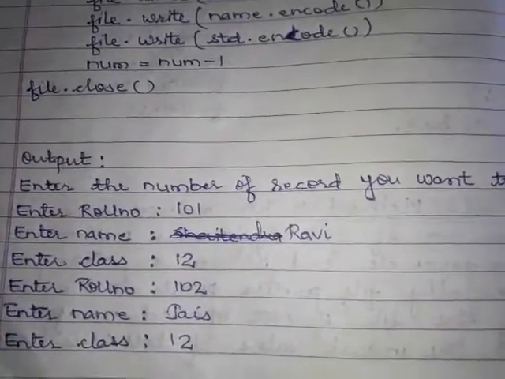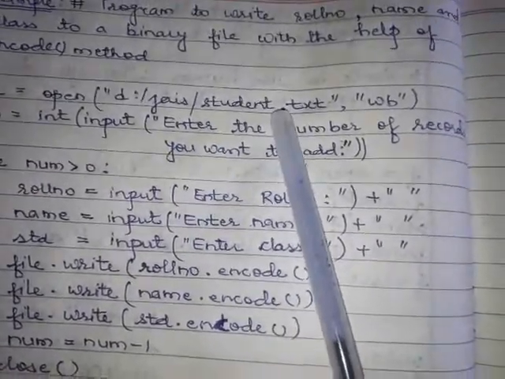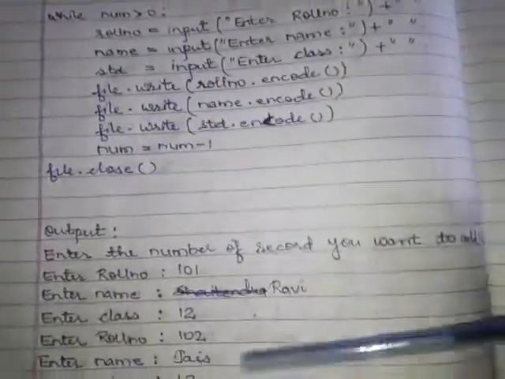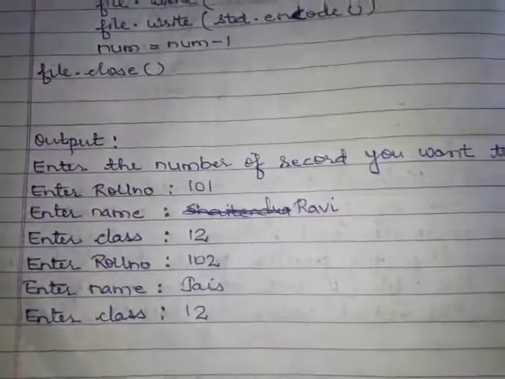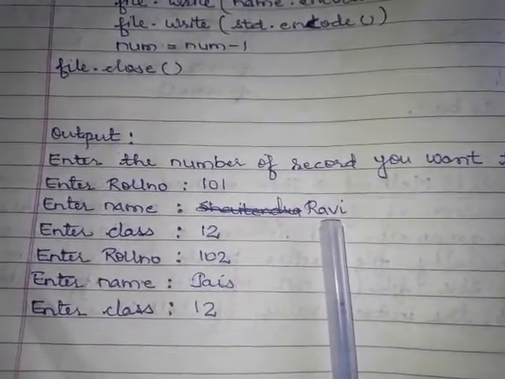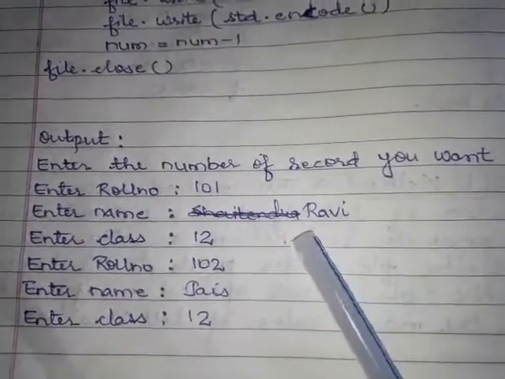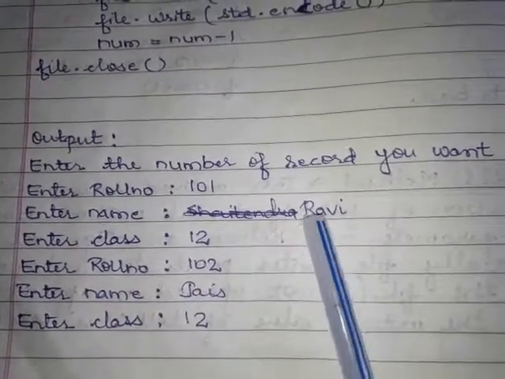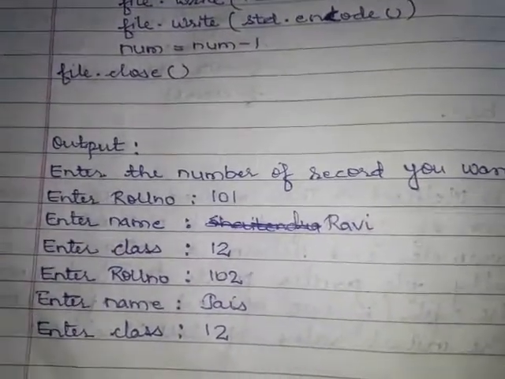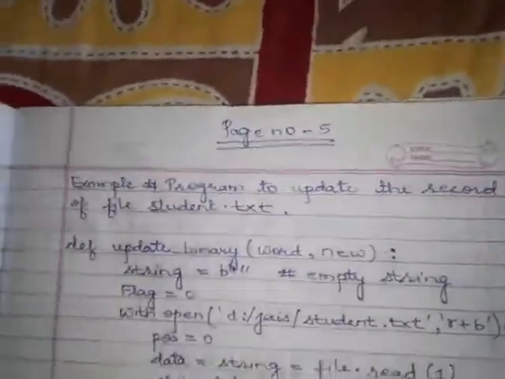Okay, you can open and check the content of the file by going to that particular location. Now if you want to change anything in this file, suppose I want to change this content Ravi to Kavi. Okay, this is the update. It means you want to update the content of the file. So if I want to update Ravi with Kavi, how will we change it? So there is another program I am using. In this program I am using a